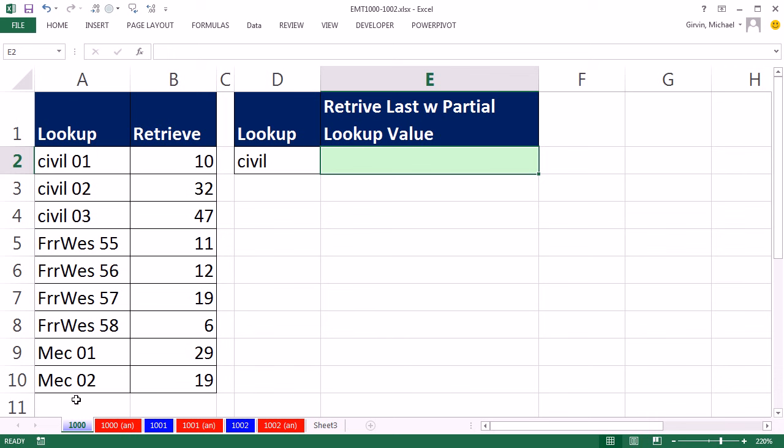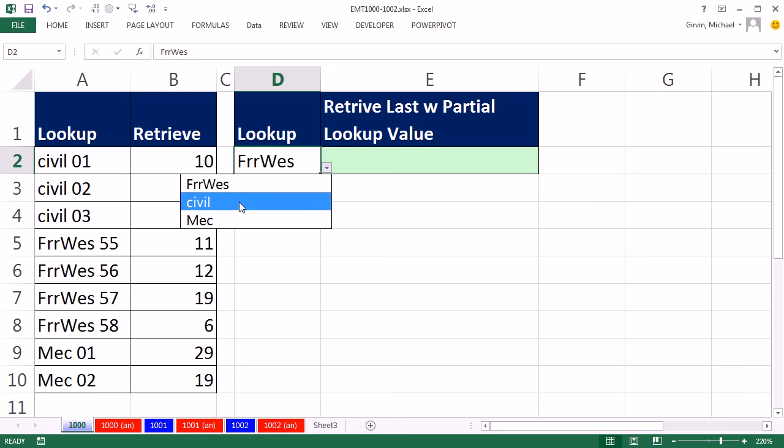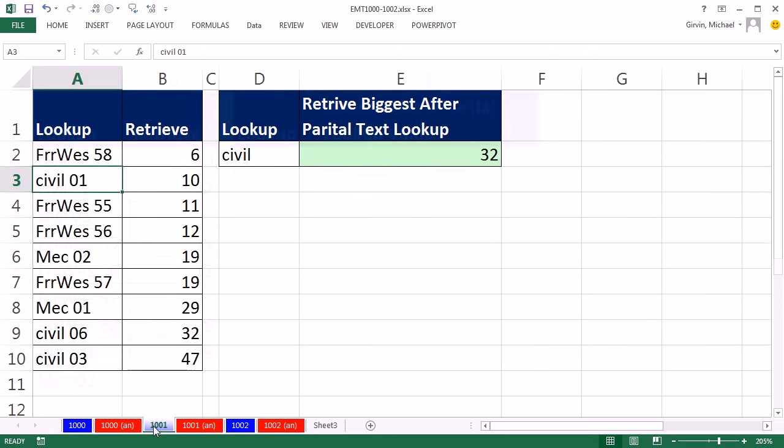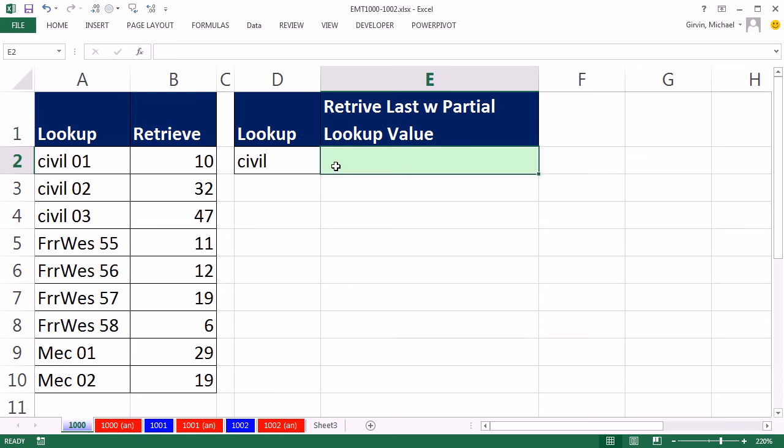Hey, videos number 1000 and 1001 are related. In both, we're going to have to look up some text, and it's a partial text. So we have the word civil, but the items in the column over here contain civil and some other stuff. So we need to do a partial text lookup in this example, and always find the last one and then retrieve this 47. In 1001, we have a more complicated solution. We want to look up civil, so we're going to find these, but then we need to examine the number at the end, find the biggest one, and then return that to the cell. So we'll start in 1000 with the easier